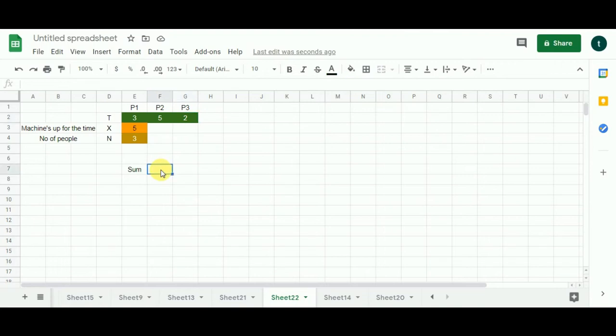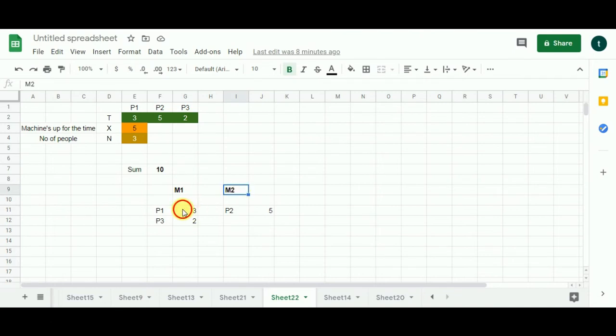So it is coming out as 10. Our x is 5 here. So 5 is pretty much less than 10. So we can't say based on this information that 3 people which take these times to vote can vote on 2 machines. Like we saw in the previous slide, there are 2 machines, and P1 and P3 can vote on 1 machine, and P2 can vote on machine number 2.